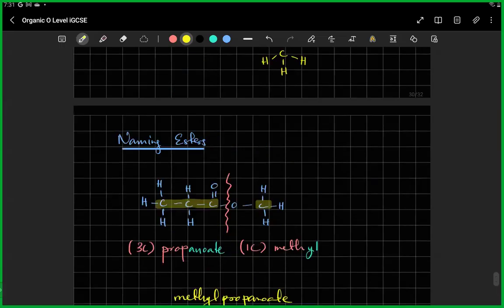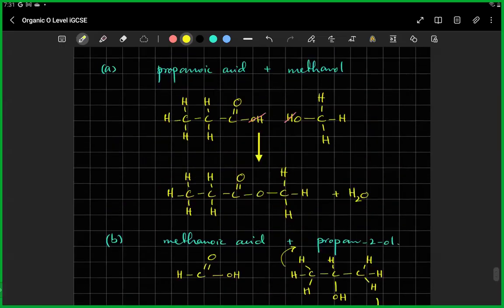Reverse इसका कि वापस मतलब आप उसको form कर सकते हो, carboxylic acid alcohol reacting to form the ester, and you can break it back. ठीक है, dilute acid, dilute alkali से you will get the carboxylic acid and the alcohol back. Except कि alkaline conditions में you're not going to get the carboxylic acid back, you're going to get a salt of the carboxylic acid. ठीक है,